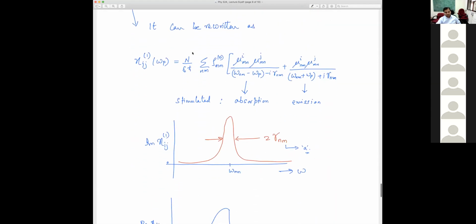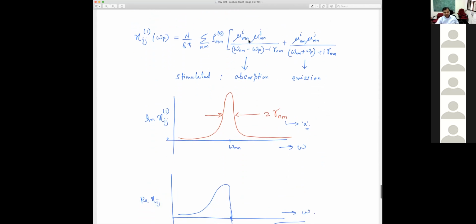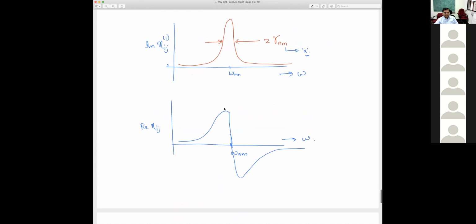Okay. So these are both terms which are examples of stimulated absorption and emission. And I explicitly argued that the product of the dipole matrix elements will turn out to be real. I've not shown that explicitly, but you can show it. And then the whole dependence of this chi ij on frequency just comes from this denominator term. If I write the real part, it will simply be the Lorentzian with the full width at half maximum being 2 gamma mn. So that is the broadening between the m and n levels, etc. And the real part will look like this, basically.